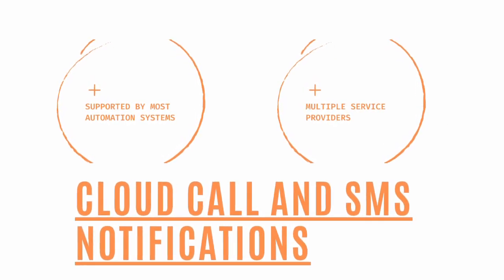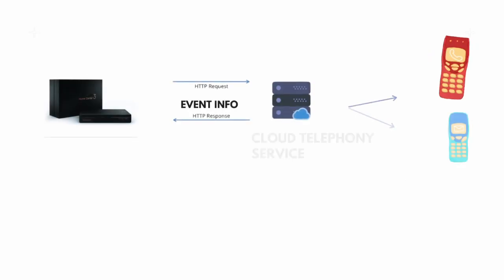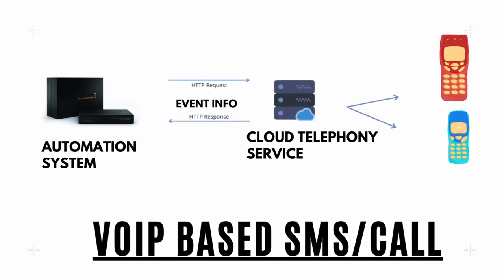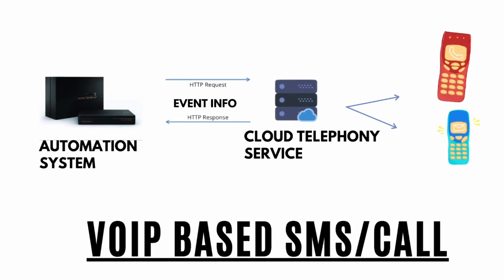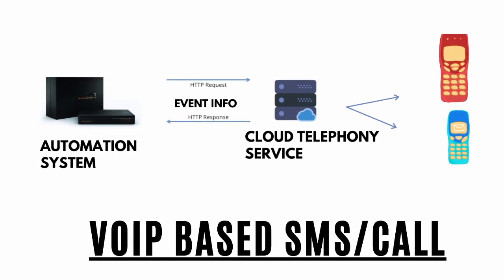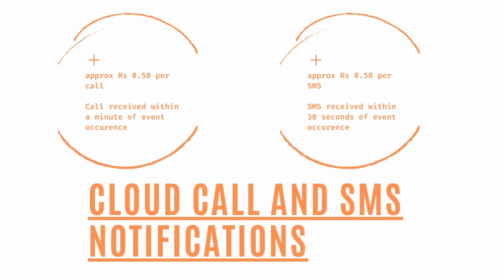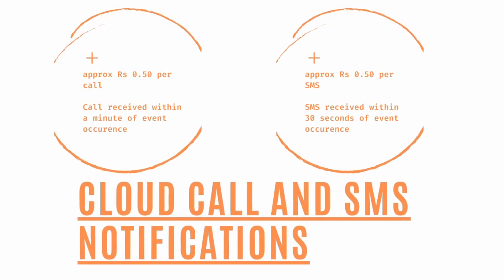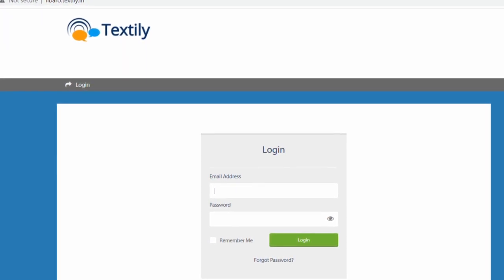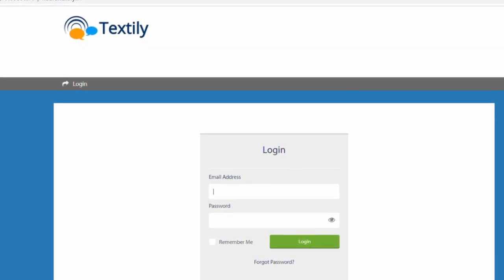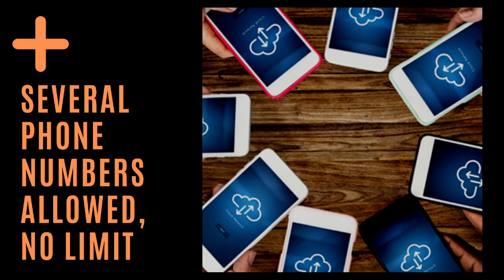You can connect with the IP call service provider, then you buy credits from them. Usually it costs about 50 paise per SMS or call. Then they will give you the username and password and also the command format to use their system. You can configure them in your automation system. The beauty is you can configure any number of voices, and any number of phone numbers can be called or texted. Complete customization is allowed.